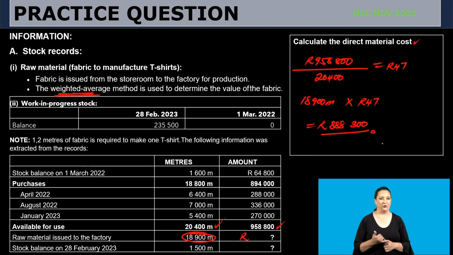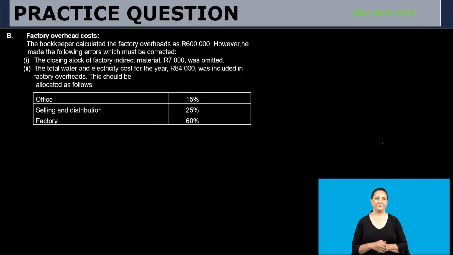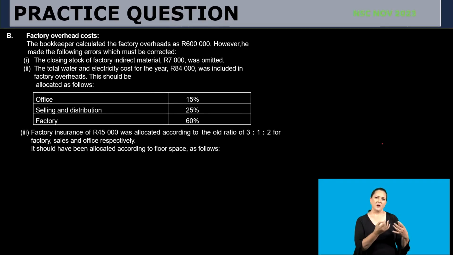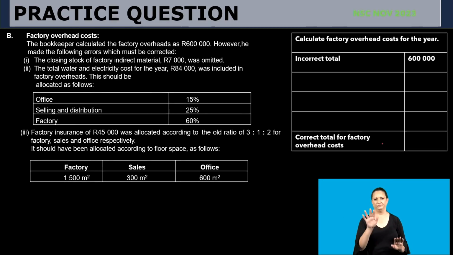Let's go to the next question. In the next one, we're given information and we're required to calculate the factory overhead cost for the year. We're given an incorrect total. And then the information that we're given reads, number one, the closing stock of factory indirect materials 7,000 was omitted. That means I need to record that closing stock of indirect materials. So I'll come here and I'll say